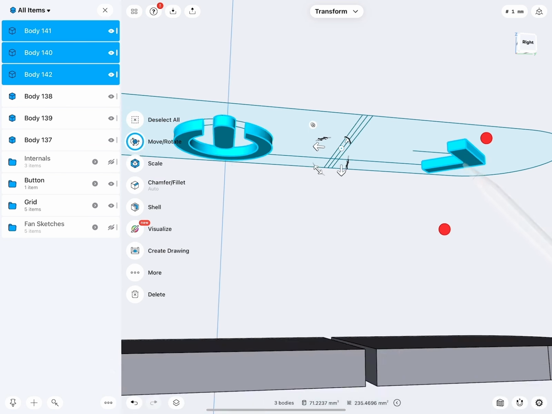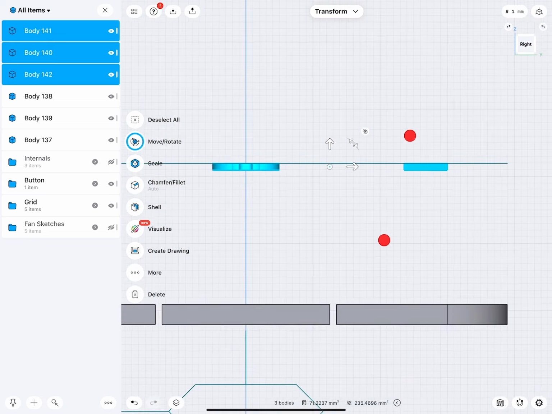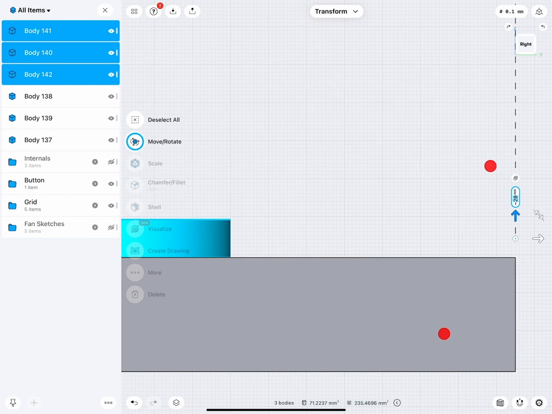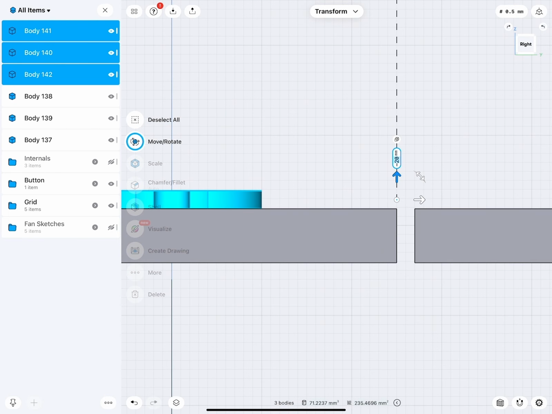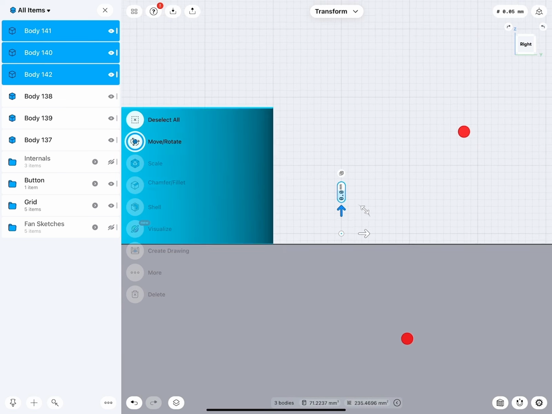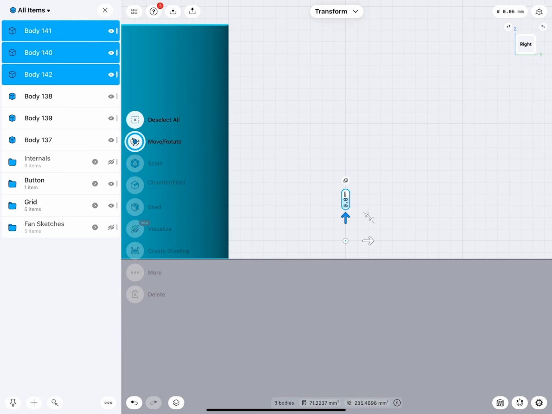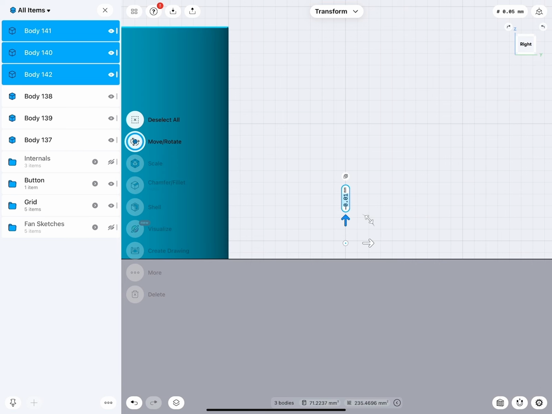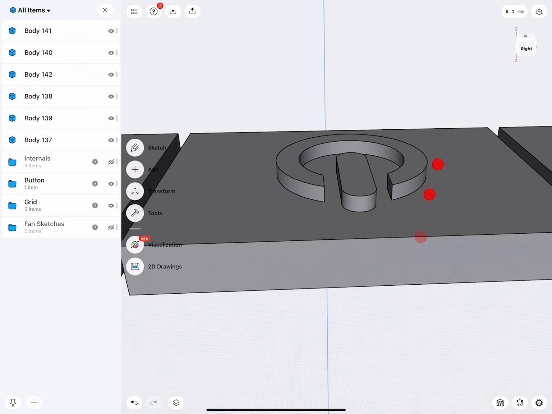now I will select all this, go to a side view, move this down. Okay, now these might sit perfectly on it. I will move them actually just a little bit in. You see I'm zooming in more, so I can bring them in very gentle. Okay, well, that is enough.